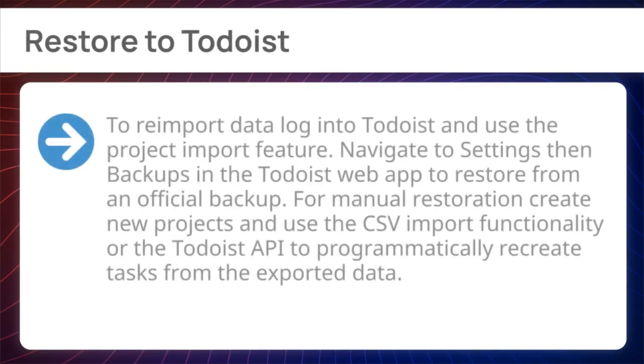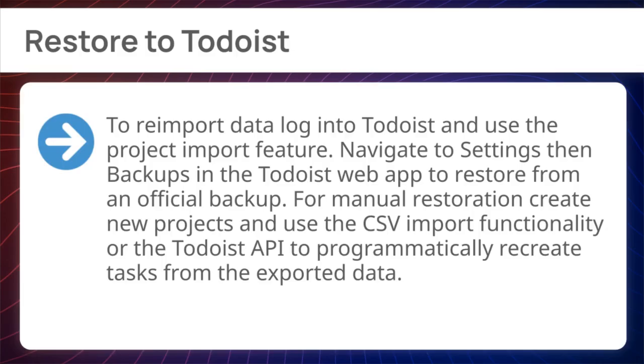Finally, restore to Todoist. To re-import data, log into Todoist and use the project import feature. Navigate to Settings, then Backups in the Todoist web app to restore from an official backup. For manual restoration, create new projects and use the CSV import functionality or the Todoist API to programmatically recreate tasks